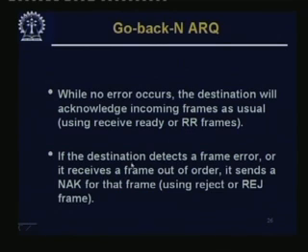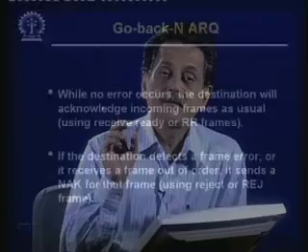If the destination detects a frame error or it receives a frame out of order, it sends a negative acknowledgement for that frame. So, it sends a NAK, or negative acknowledgement, using a reject or REJ frame. So, it sends a negative acknowledgement for a particular frame if it is received badly. Previously we were only sending ACK or not sending anything at all. Now, if you have got an erroneous frame, we send a negative acknowledgement for that, and Go-Back-N means